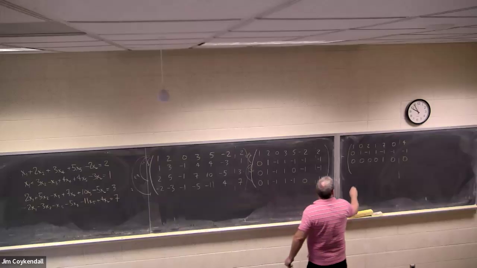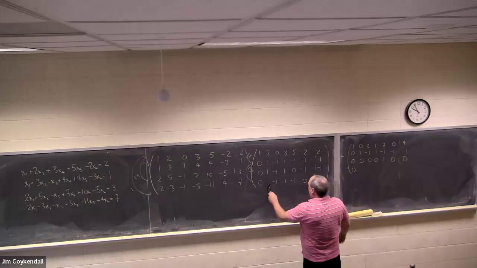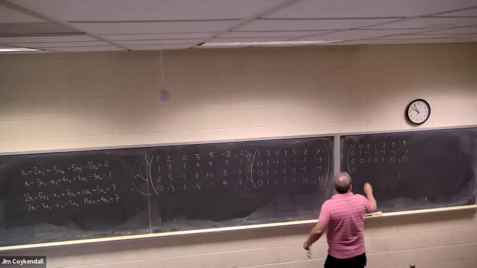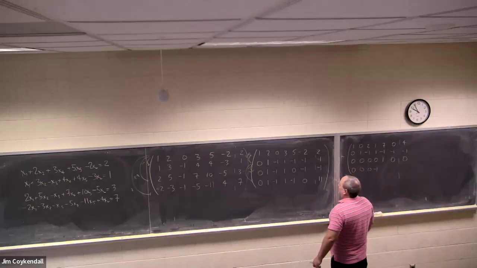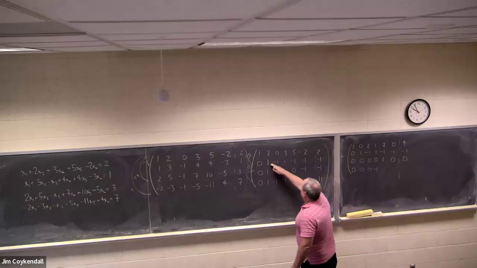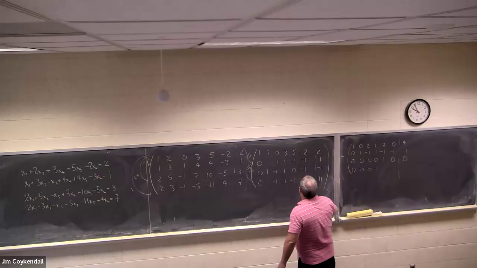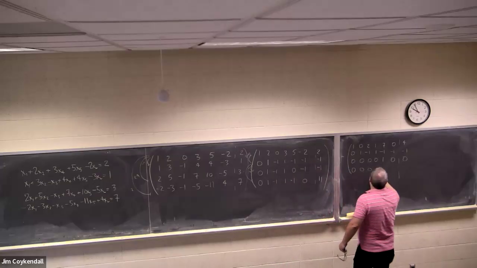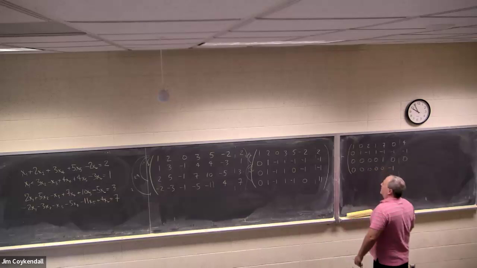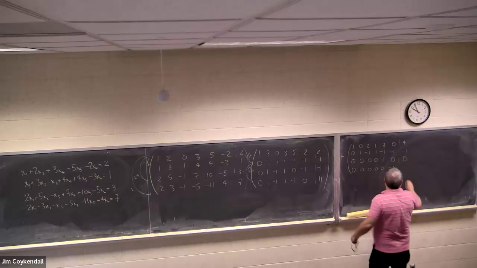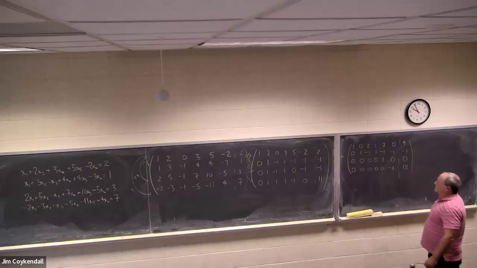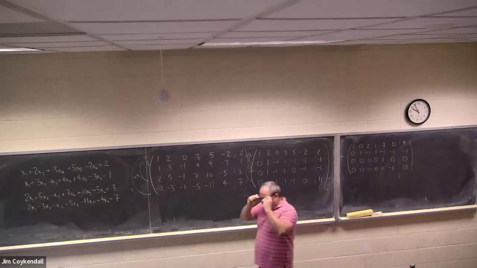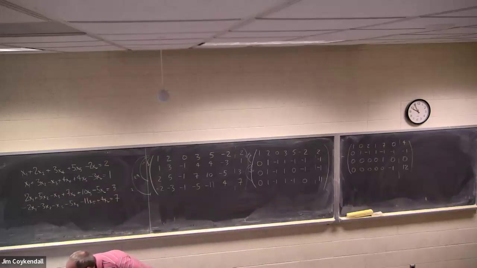And here, I'm going to have another long string of zeros. 0, 0, 0. Now it's going to be negative 1. Oh, whoops. Might be wrong one. 0, 0, 0, 0, minus 1. And then that's going to be 12. Everybody okay so far? Okay, so